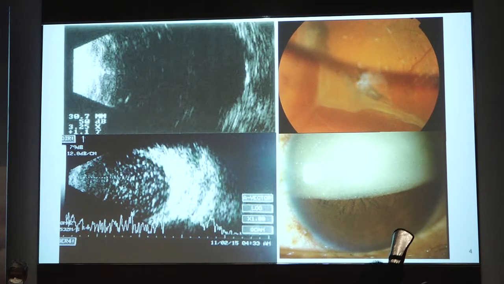Your measurement of the axial length is again compromised by the slowness of sound in silicone oil. In addition, if you're operating too late in a patient who has had the silicone oil filled for too long, you will have emulsified silicone oil and multiple interfaces, which again impedes the measurement of your axial length. You may have a suboptimal silicone oil fill where there is a space between the posterior meniscus of the silicone oil and the surface of the retina, where your axial length measurement may not be optimal.